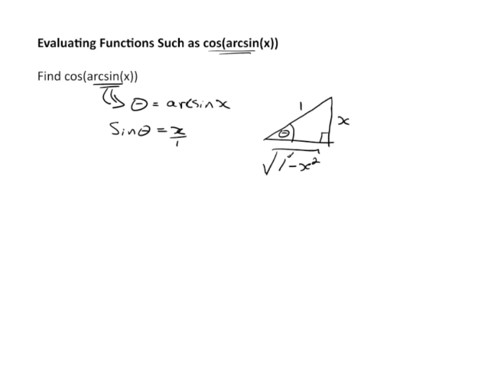So what I need is cosine of this angle. So cosine of theta, because arc sine is theta, well, cosine is defined as the side adjacent over the hypotenuse. So that's equal to the square root of 1 minus x squared divided by the hypotenuse, which is 1, which obviously there's no real reason to write in. So cosine of arc sine of x is equal to the square root of 1 minus x squared,